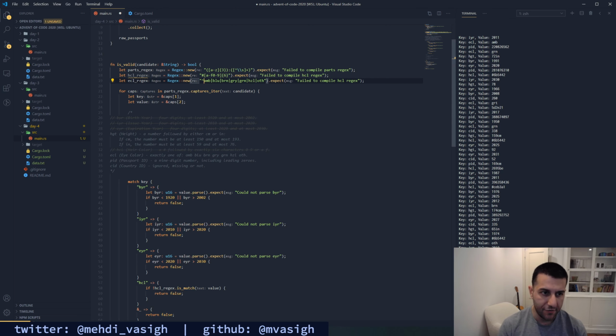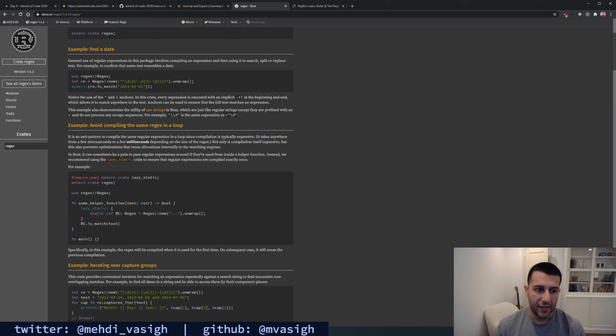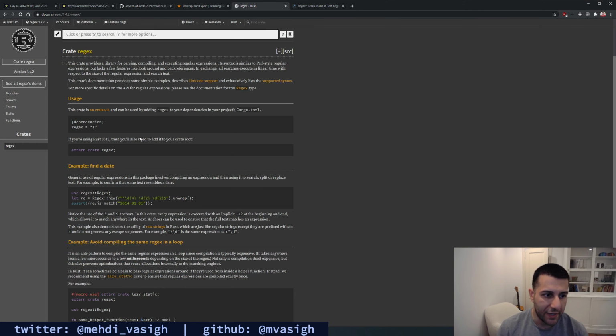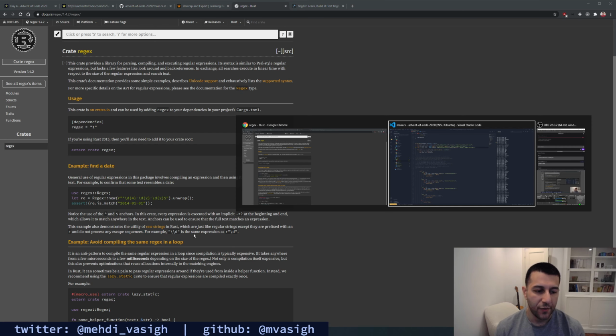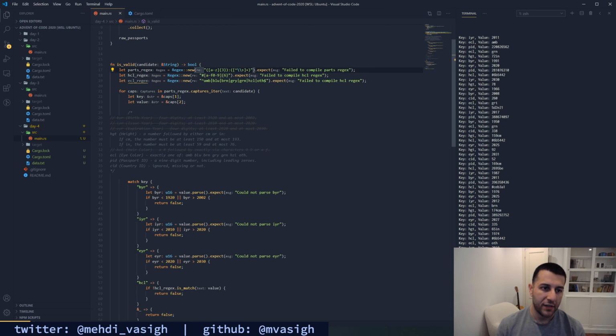And it's going to have a caret and a dollar sign, because we want to match the whole string. So see here we have caret and dollar sign. I don't know what this raw string is. Do not process any. Oh, okay. So if we want, we can get rid of this and use a raw string, which doesn't require you to escape your backslashes, which is wonderful.